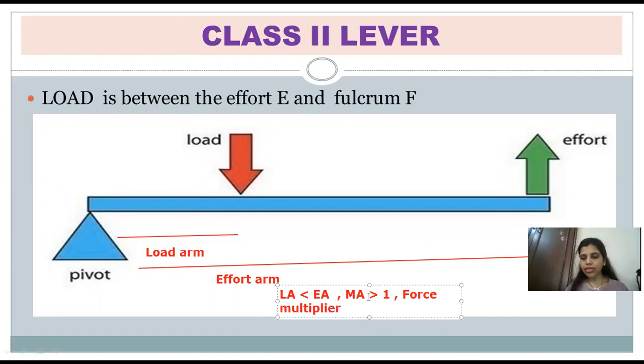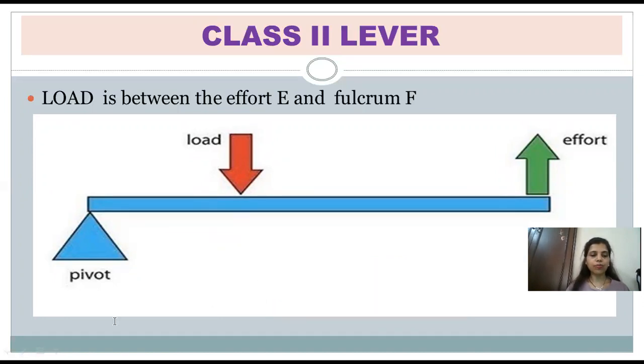Okay, so always I'm saying that this particular class of lever is acting like a force multiplier. So class 2 lever is always acting like a force multiplier. Remember this, children, because MA is greater than 1 as effort arm is longer than the load arm. So let's see now how we are going to understand with different